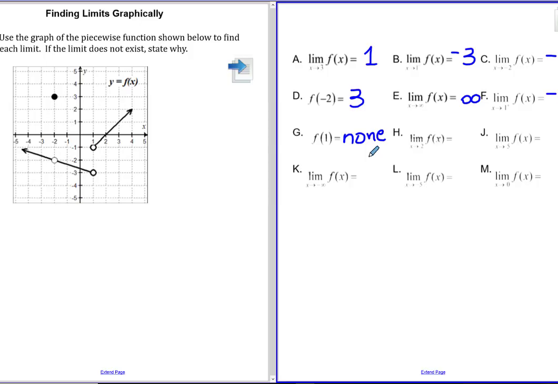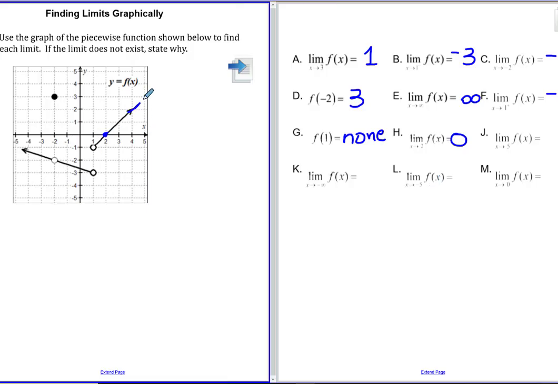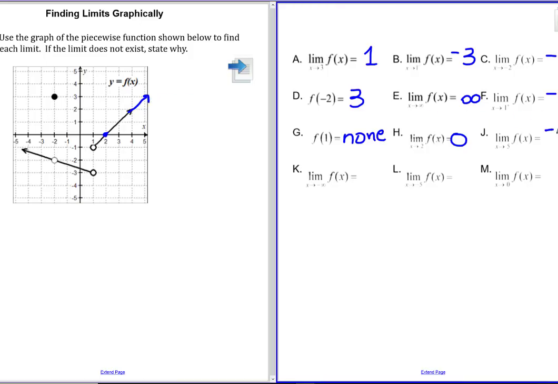And then the limit as we approach 2 is heading to 0 because that's on the graph, 0. The limit as you approach 5, it would continue up and that slope is 1, so it's going to head to 3. The limit value as x goes to -infinity, so it's heading upward, would be positive infinity. The limit as you head to -5,